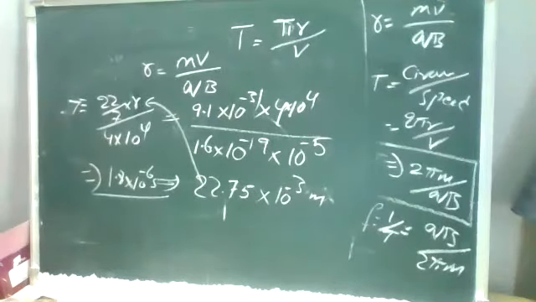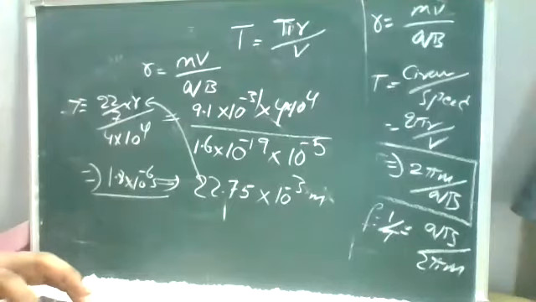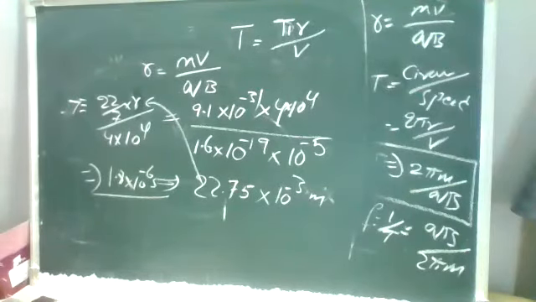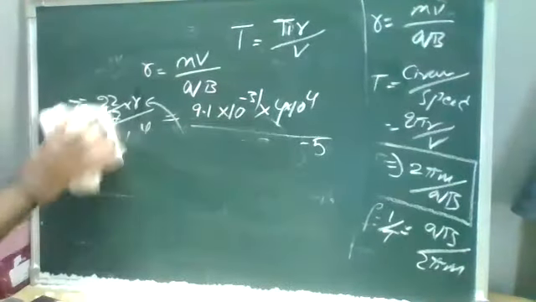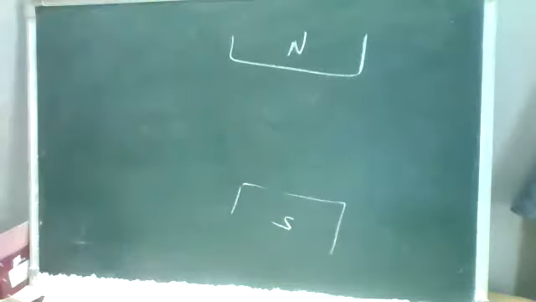Okay, my next one, cyclotron. Now the concept, so you may have to move further. The heading is cyclotron. Cyclotron is nothing but, I assume, there are two poles, a North Pole and a South Pole. The field lines are traveling in between the North Pole and the South Pole.